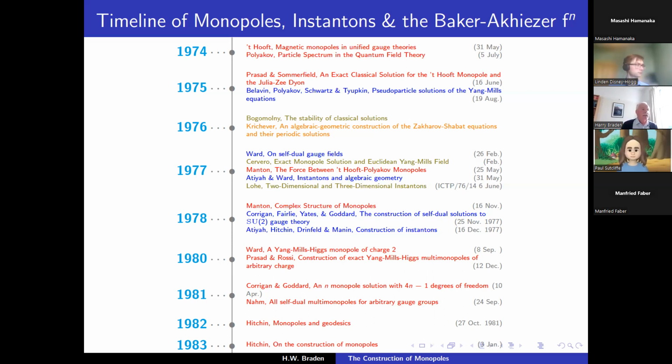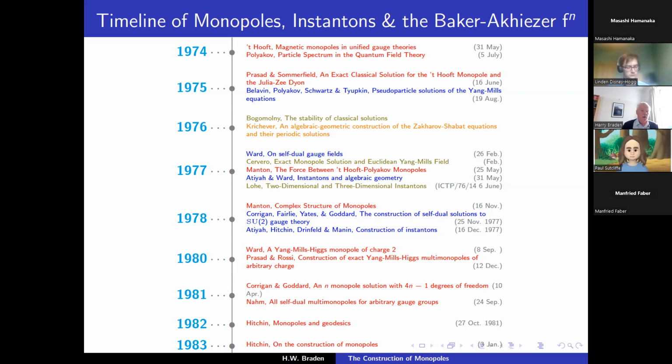And really, I'd highlight the two works in olive there by Corrigan and Goddard and by Lohe, who showed that we could understand the equations for this limit, this now BPS limit of monopoles, as coming from the self-dual gauge fields. That would ultimately prove a very important connection, because it would mean that the self-dual, the instanton techniques could be used in